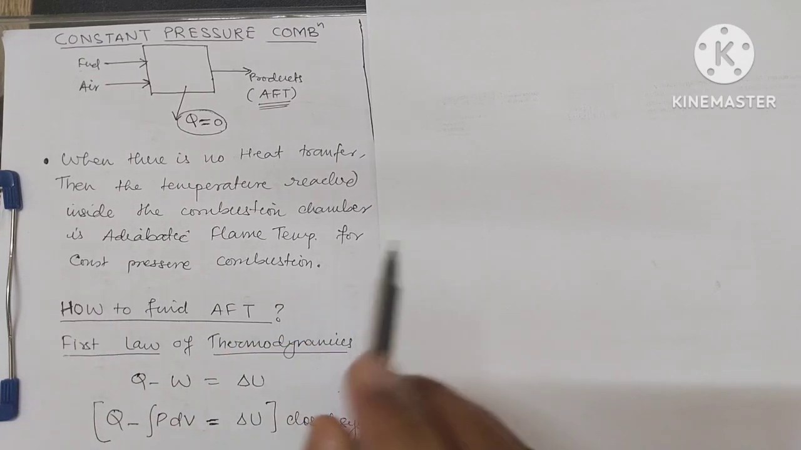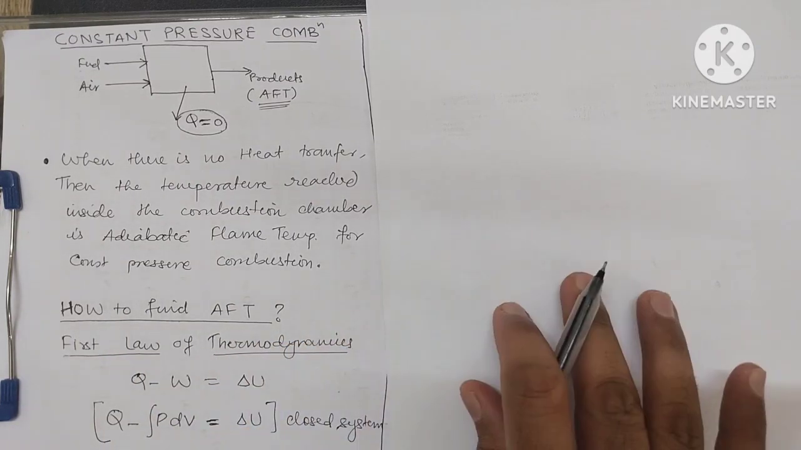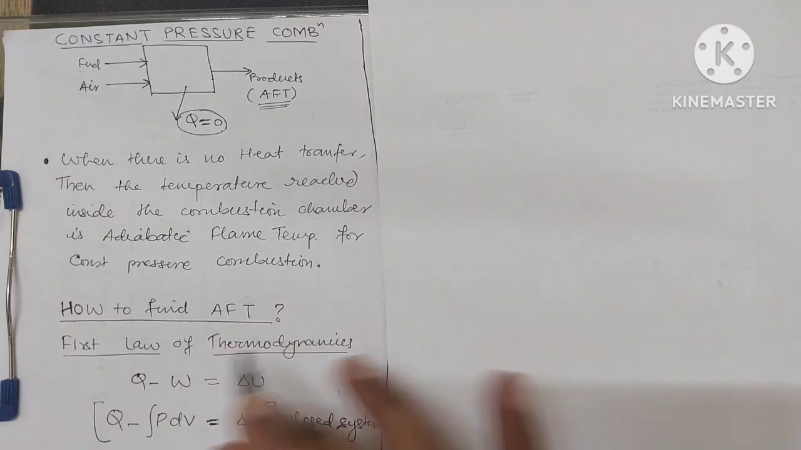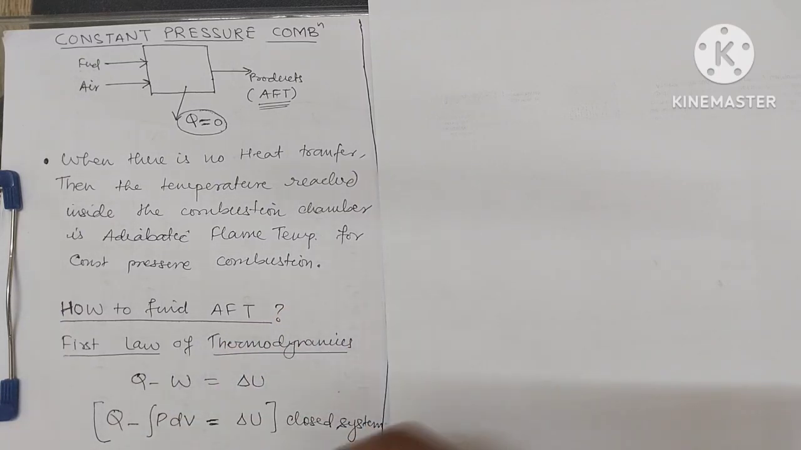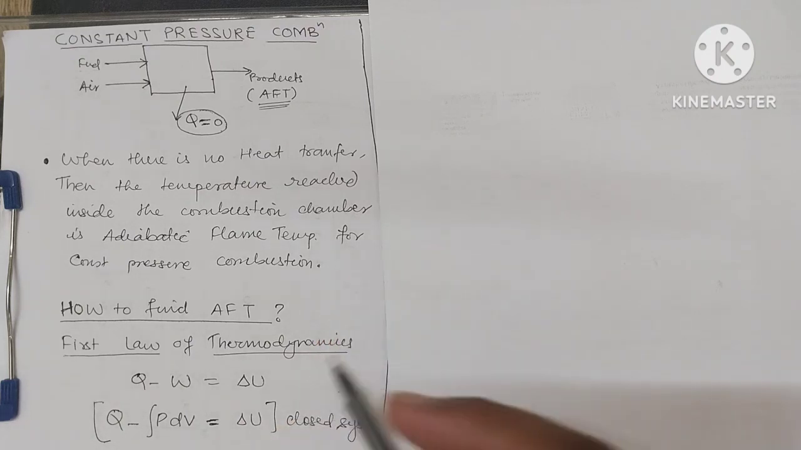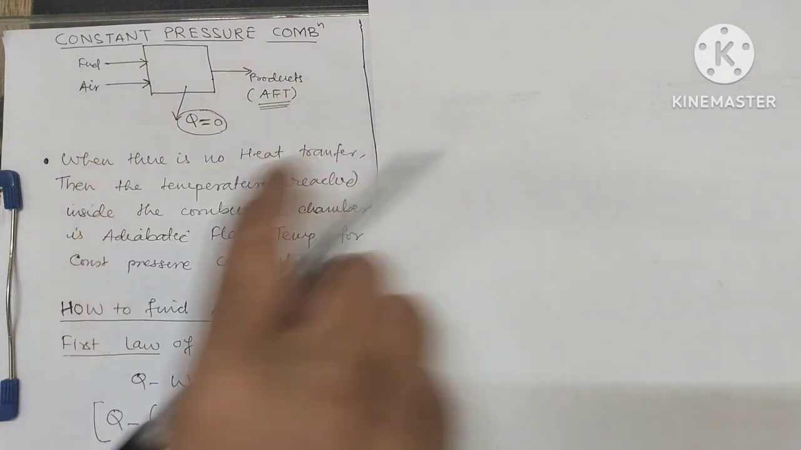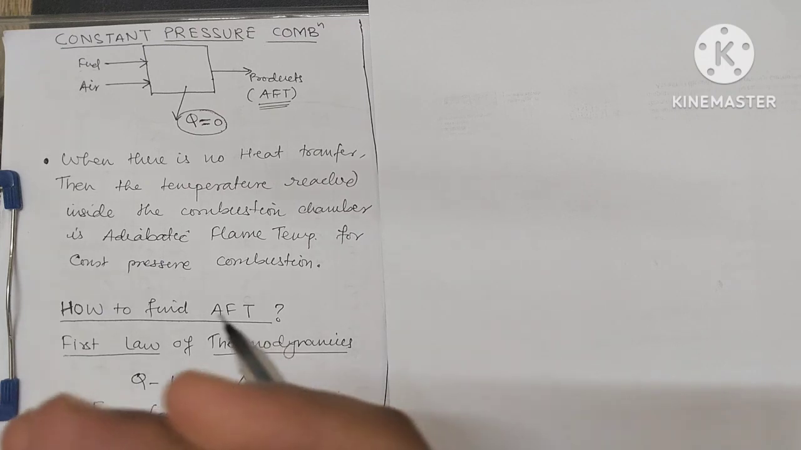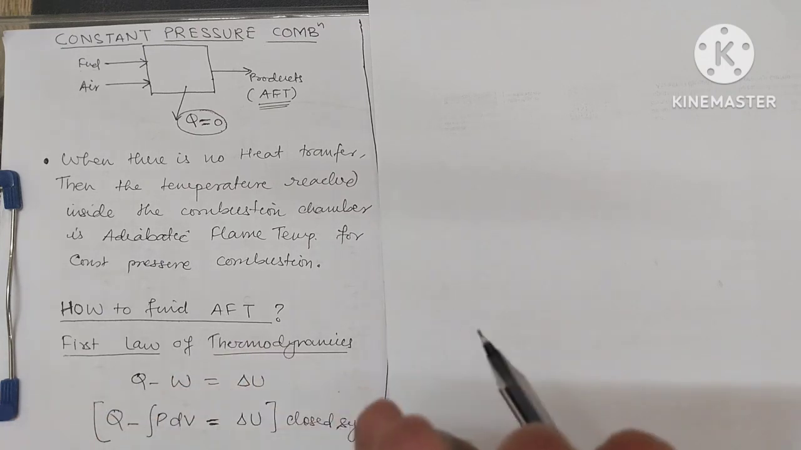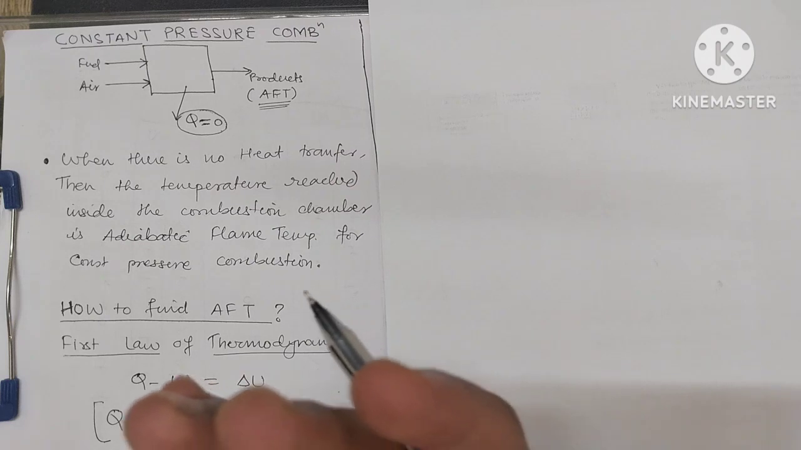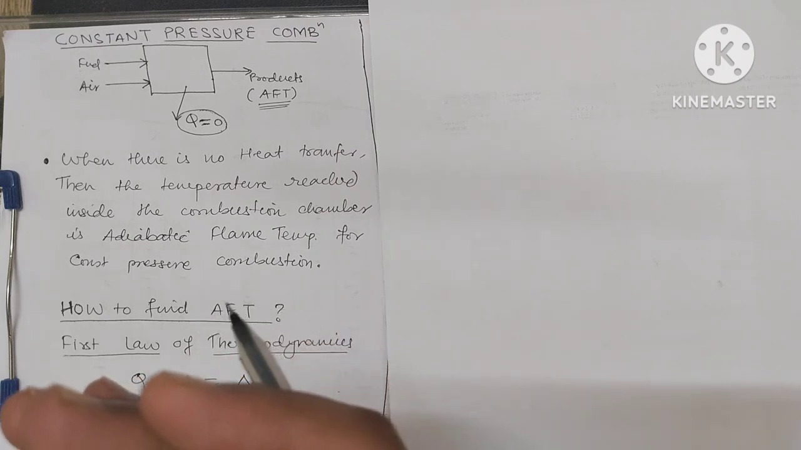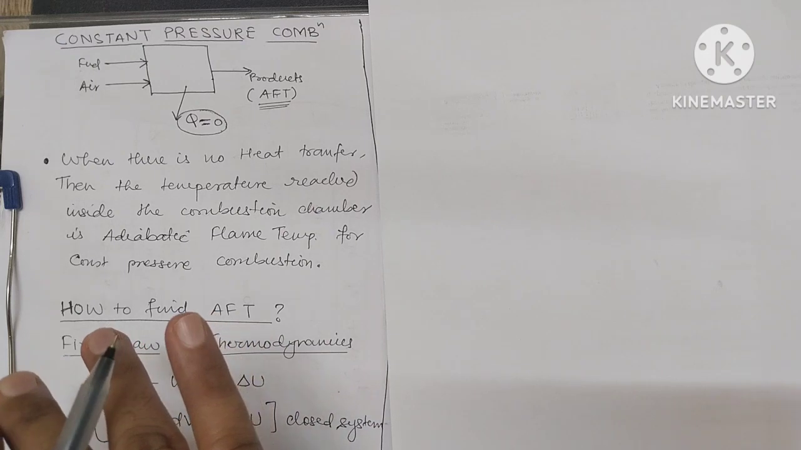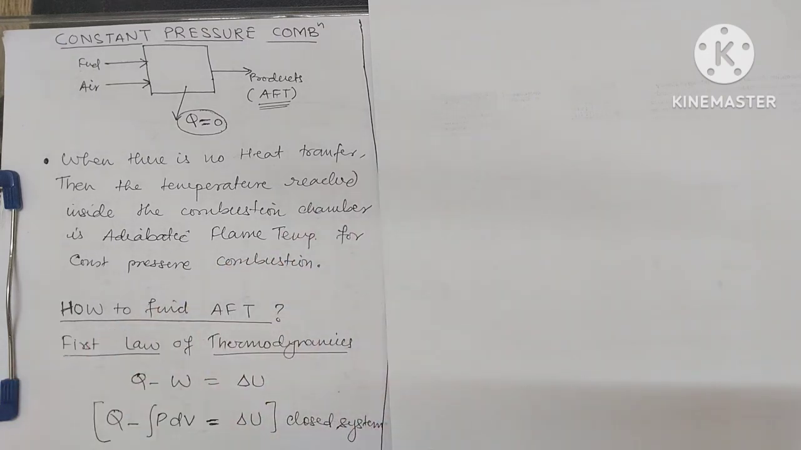for constant pressure combustion. Okay, so now our question is how to find, or we can say how to estimate, this adiabatic flame temperature. For that we need the first law of thermodynamics for this flow process, I mean steady flow. We have some assumptions in this, like we assume a steady combustion process. I mean, we assume that the combustion leads to a steady state condition. So in that condition we estimate the adiabatic flame temperature. Okay,